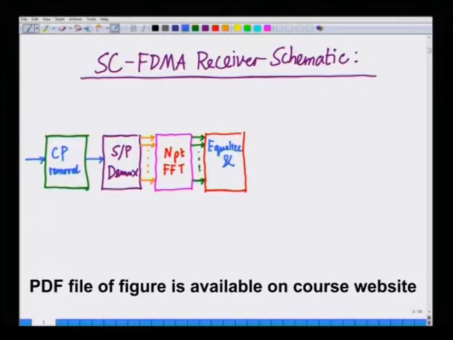So now we do a subcarrier demapping, and once we demap back into M symbols,